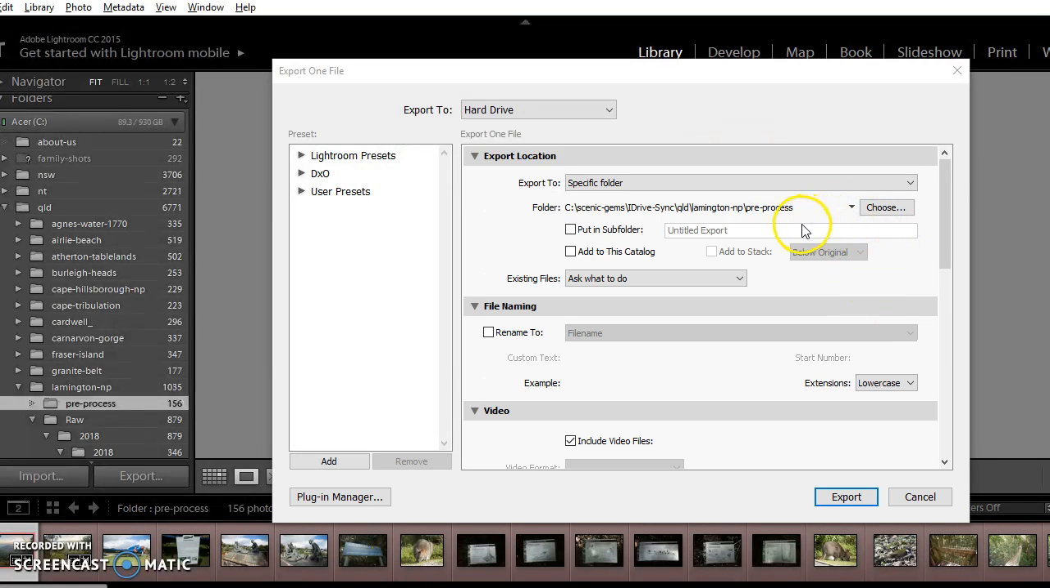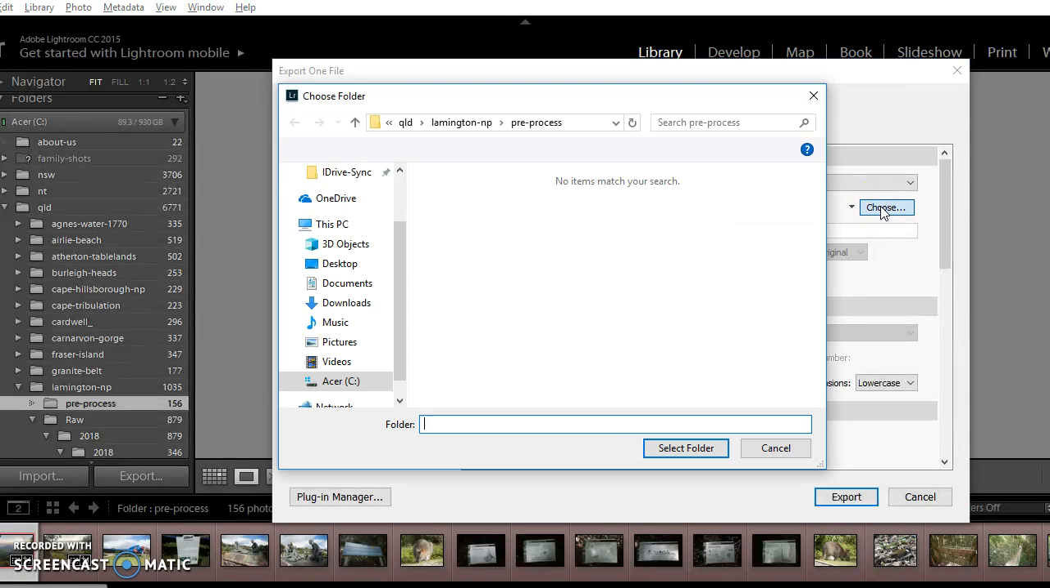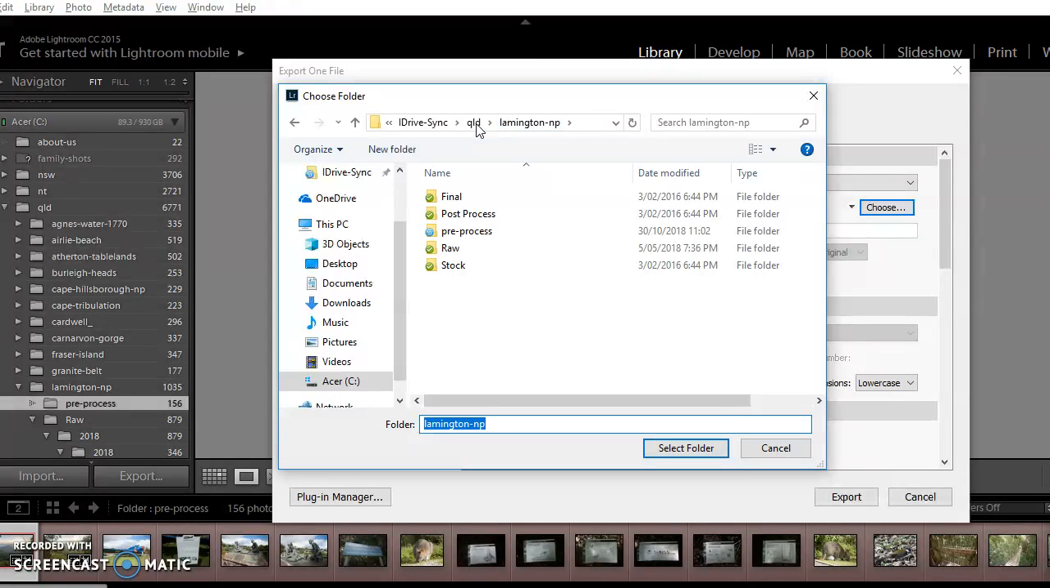I'm now going to put it into the post-process folder. So post-process meaning that color correction and everything has been applied to the image, and we're now post-processing the photo in Lightroom. So if I go to there and click on post-process,